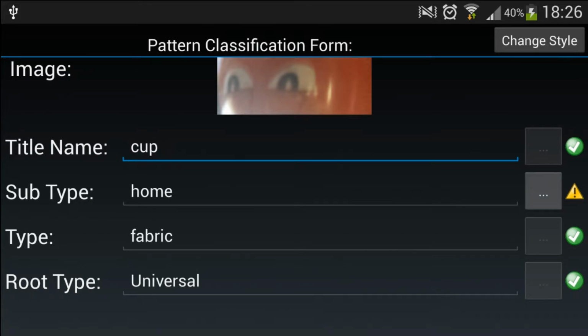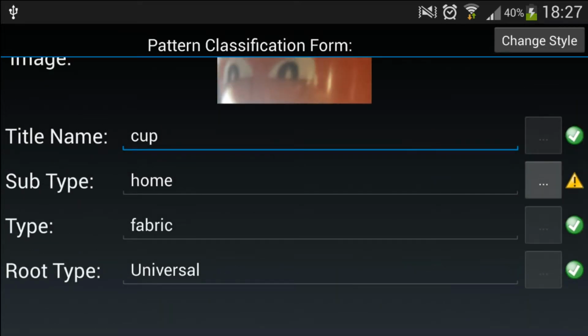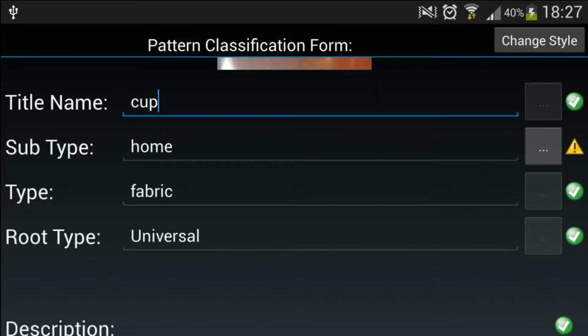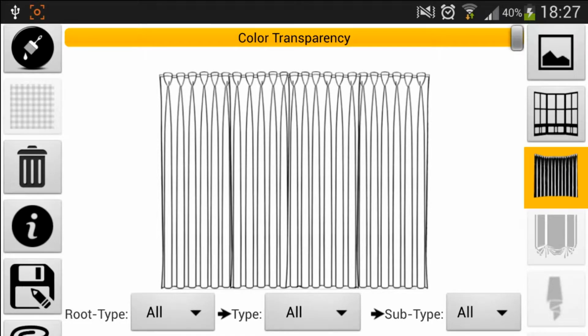If everything is alright, you should see the green icons with tick boxes. If it's red, it means something is wrong, and it usually will pop up with a message saying what is wrong. The yellow triangle usually says that the folder doesn't exist, for example with home, but we just ignore it, it will be automatically created. We can also set a description about the image, but if we don't want to, we just press OK. The application might crash, so we just need to rerun the application.